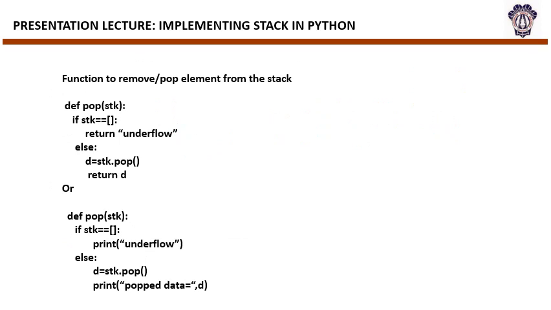We have learned how to push an element in the stack. Now we'll learn how to remove an element from the stack. We have taken a list STK. We have added two elements in the list. Now we'll remove the elements from the stack. And for that we use the function pop. Supposing I write stk dot pop. Now the list will become 3.